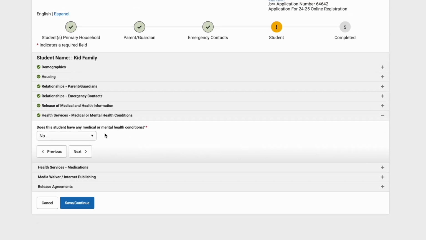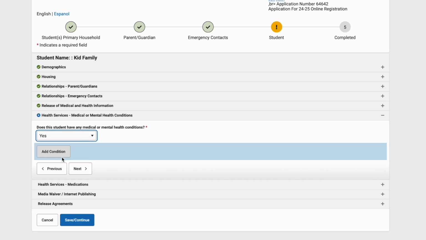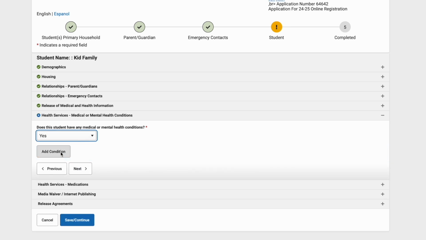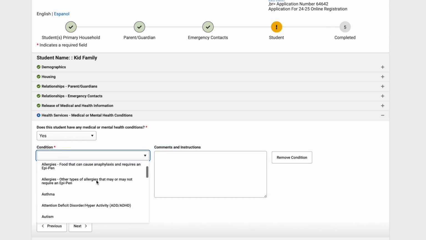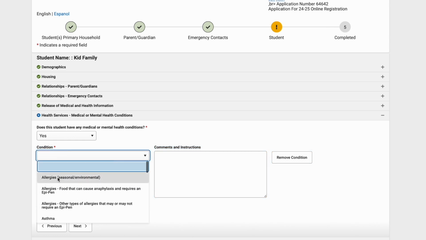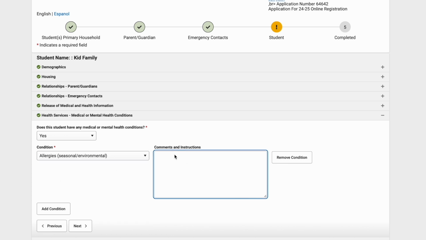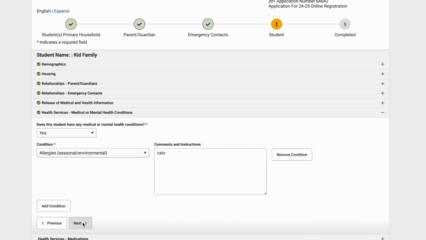Does this student have any medical or mental health conditions? And you can say no, or if it's yes, then it's going to pop up. You'll just hit add condition, and there's a drop down of a whole bunch of things. We can go ahead and say seasonal allergies, and we can put a comment, or environmental. We'll just say cats. Not that there are a bunch of cats at school, but we want to be specific. And you can add as many conditions as you like. And so then next,